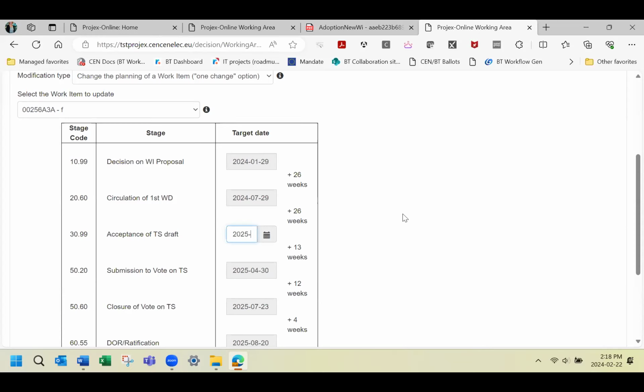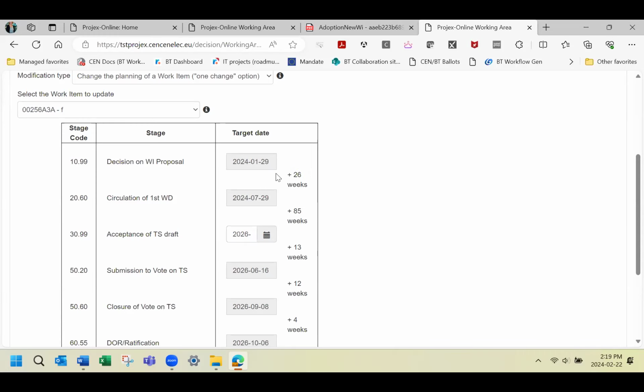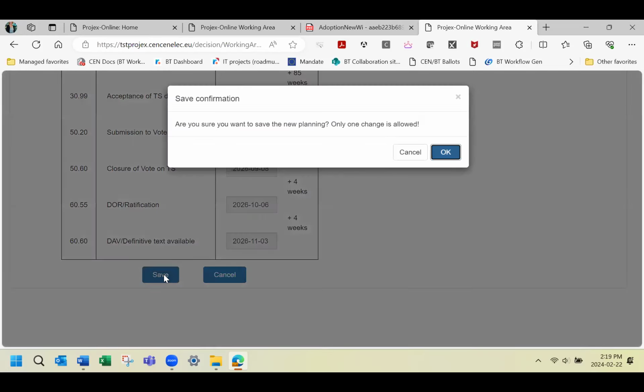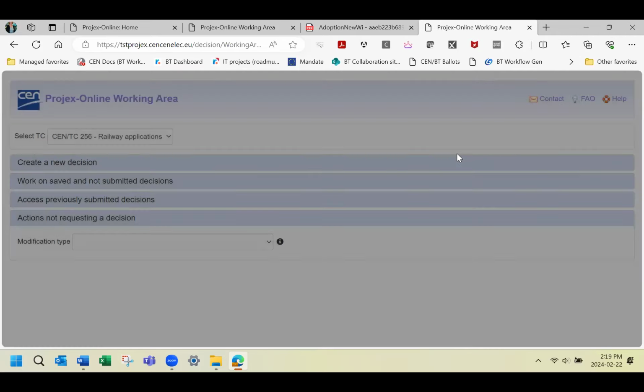So I will use the calendar and go to 2026. And let's say I will put the 17th of March 2026, and now I go down and I save, and then it's automatically registered in the database. You can use that option once.